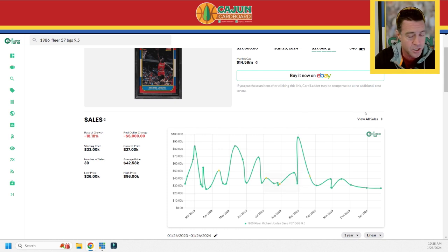Last night's card was just a regular old Min Gem. It was a good looking copy of the 9.5 if you ask me. This card's been at an incredible number in years past, but I think we're kind of finding the floor now. It's still down 18%. Tuck this away. The BGS 9.5, and again, it's hard because there's so many different 9.5s, is theoretically just beginning data point to ending data point, down